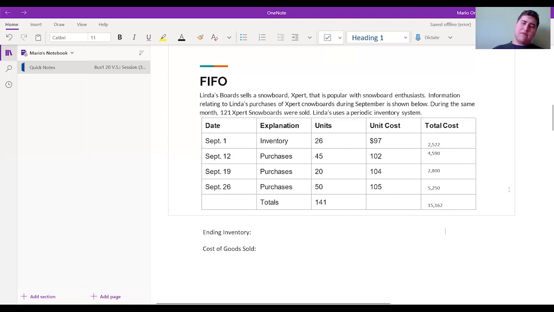So here now we have all of our total costs per transaction, pretty much, or this first one technically isn't a transaction. Well, it was at one point, but right now it's our beginning inventory. And the purchases afterwards each have their own total cost associated with them. So now that we have that, we can go about finding our ending inventory and our cost of goods sold. The first thing we can do here is find our ending inventory,